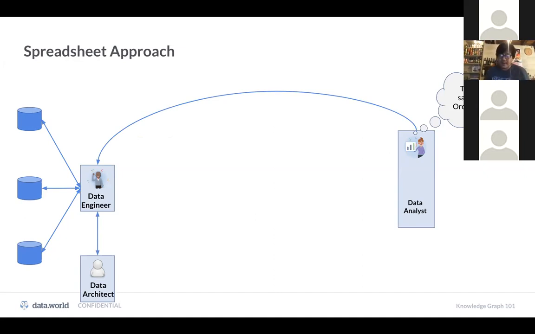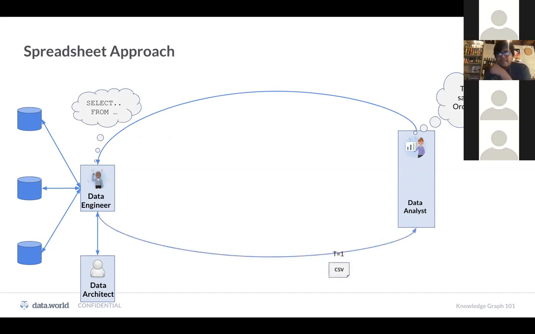They need to talk to the data architect. And the data architect is one of those super busy people who won't get a message for hours, if not days. Finally, they have the conversation, figure out what it is, and write the SQL query that gets the data, and voila. They send a CSV file or a spreadsheet back to the data analyst. The data analyst probably opens it up in Excel, does something, and sends a report back to their boss, the executive who's asking that question. But that data analyst is probably continuing this exact same cycle with different people.